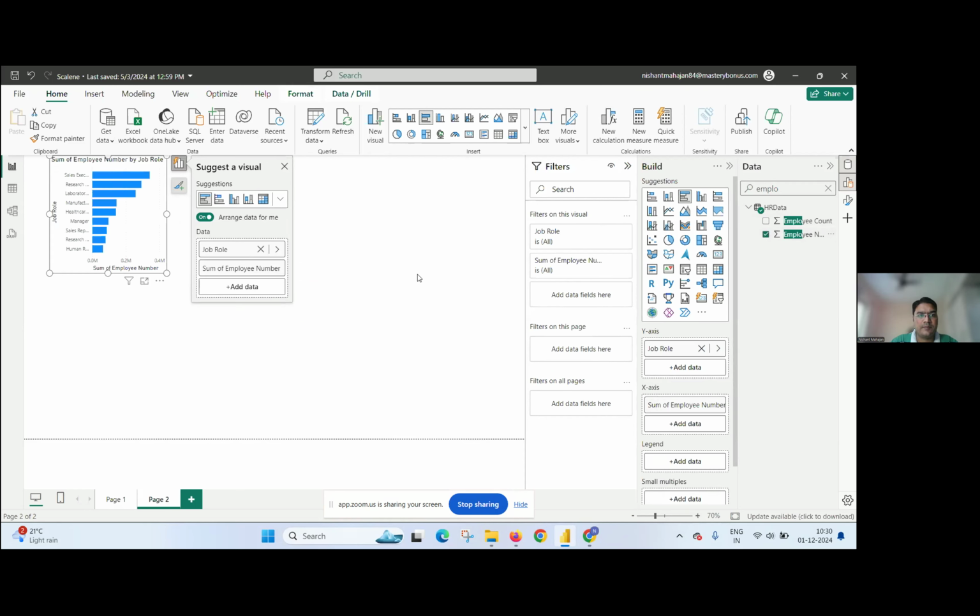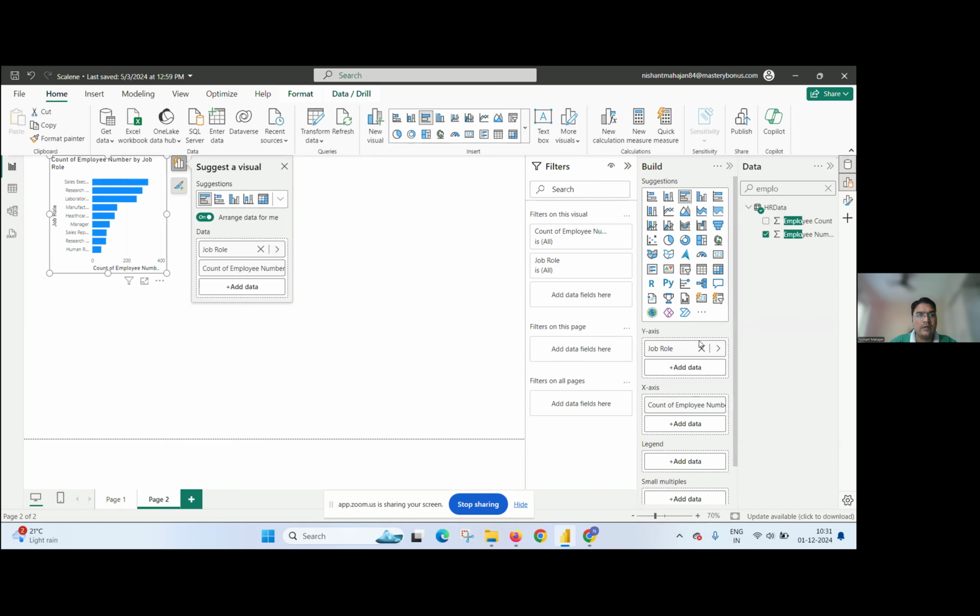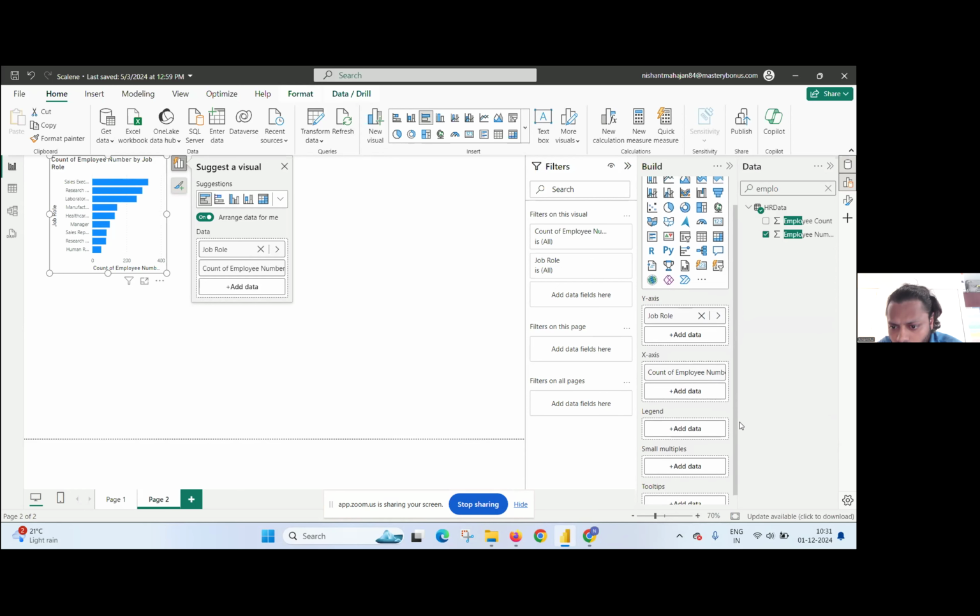Currently this is sum, so you need to change it to count. Right click here, go to summarization, and instead of sum, choose count. And then you need to go to